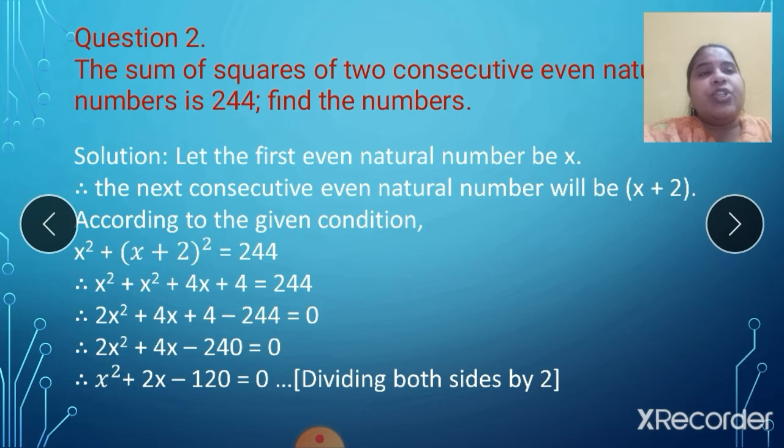But I would suggest you reduce it first. Solving like this is not wrong, but you have to factorize a bigger number and go through lengthy steps. Instead, if you reduce it, all throughout I can divide by 2. So this will become x square plus 2x, 240 divided by 2 is 120, minus 120 is equal to 0. So this becomes easy to factorize. Yes or no?